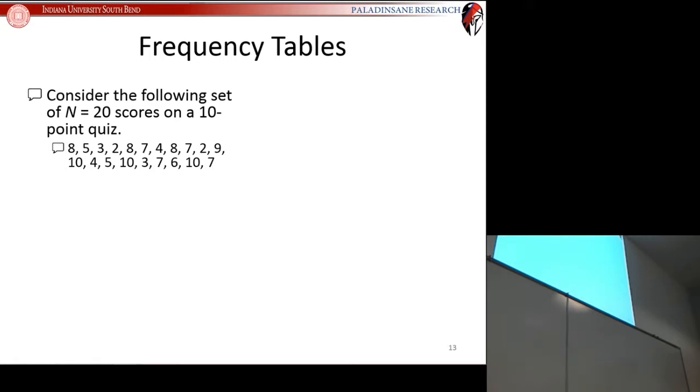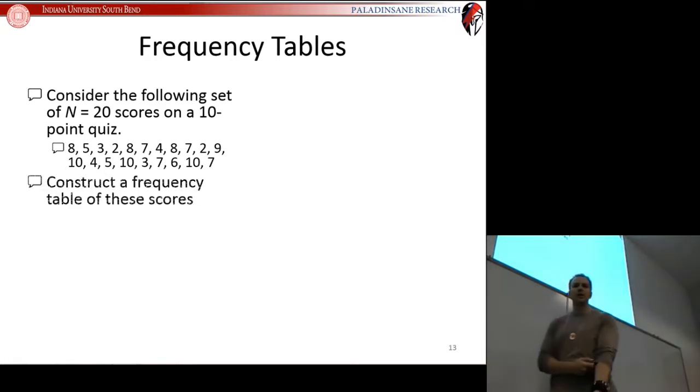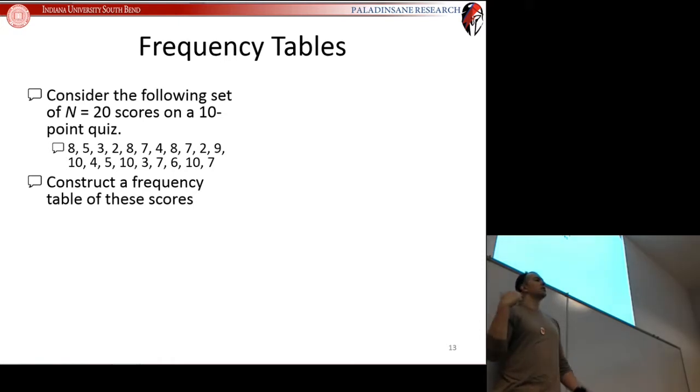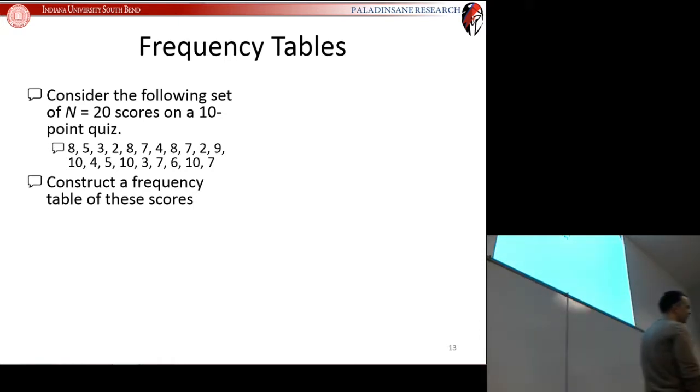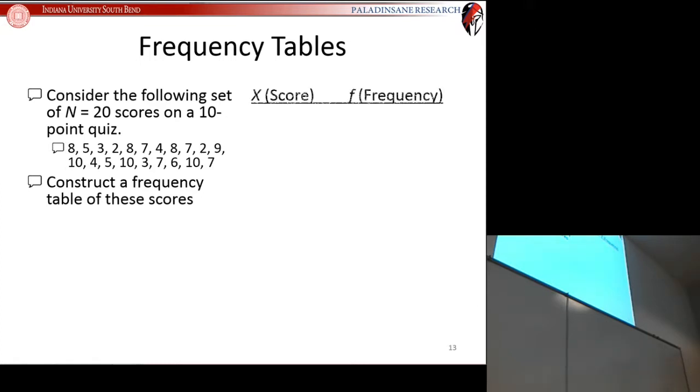So let's say that we have the following set of 20 scores on a 10-point quiz, and we have that jumble of information there. We're going to construct a frequency table of these scores so that we can organize this information. So a frequency table has two columns, and it is very, very important to be careful about that first